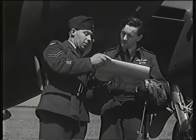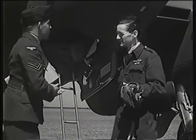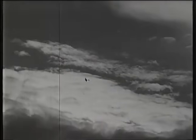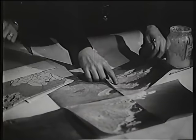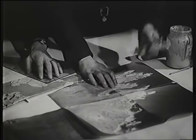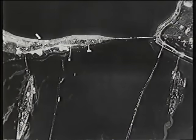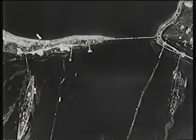With high photographic skill and determined flying, the Royal Air Force developed long-range reconnaissance at plus fighter speed, something which the enemy was never able to achieve. All Europe thus came within the range of our cameras, which brought back pictures of microscopic accuracy that defeated every ingenuity of camouflage. The Tirpitz in her Norwegian hideouts,